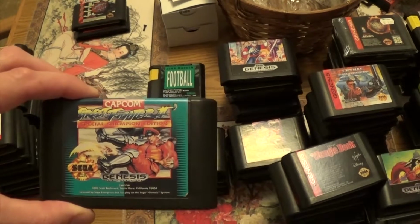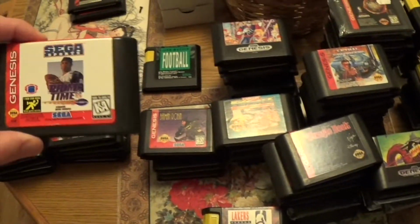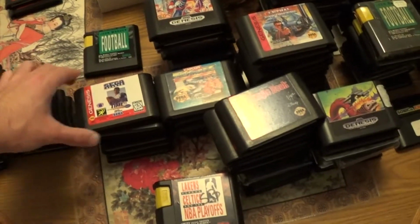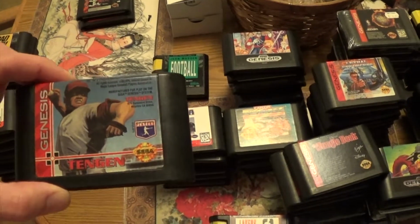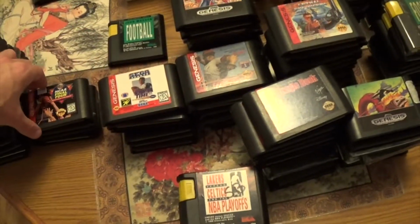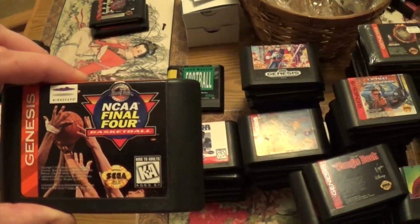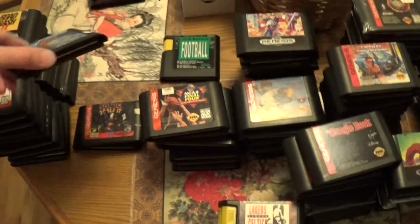Street Fighter II Special Championship Edition, Primetime NFL, RBI Baseball 94, NCAA Final Four Basketball, one that I remember from childhood,